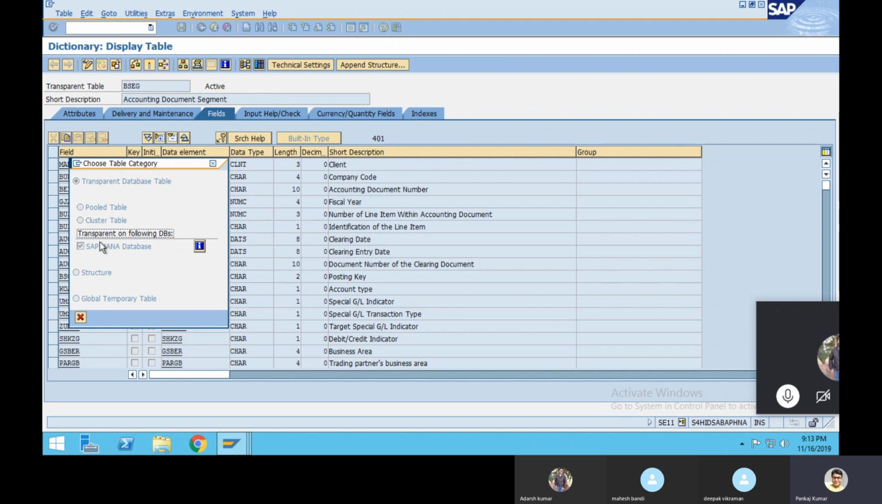on the following DBs. You can see this option, SAP HANA database has been selected over here. So suppose your database is HANA, then though primarily this BSEG is a cluster table. Cluster table means a huge table. It's a very big table. This BSEG is a very big table,